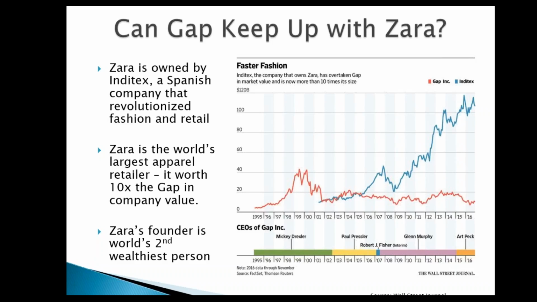It's owned by this company called Inditex, and just as Gap revolutionized traditional retail, the Gap was called a specialty retailer because they focused on one type of apparel, and specialty retail for Gap kids. They really invented that concept of specialty retail. So Gap was revolutionary in the 70s and 80s and maybe even in the 90s. And then you can see in this chart, they started to get some competition.